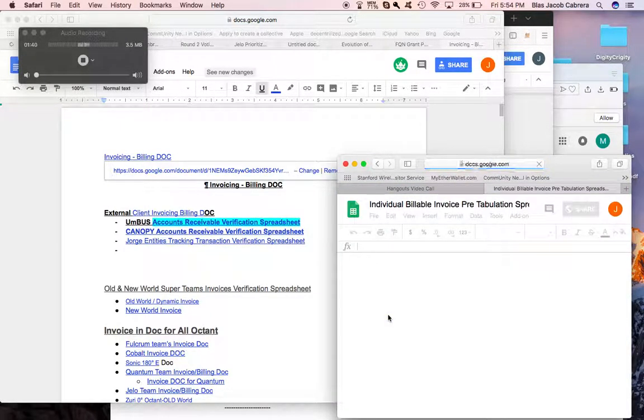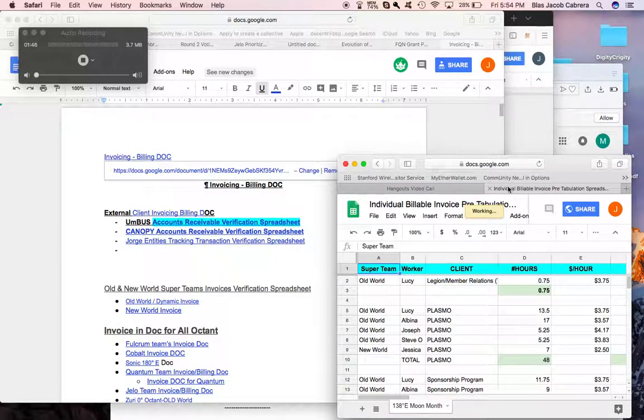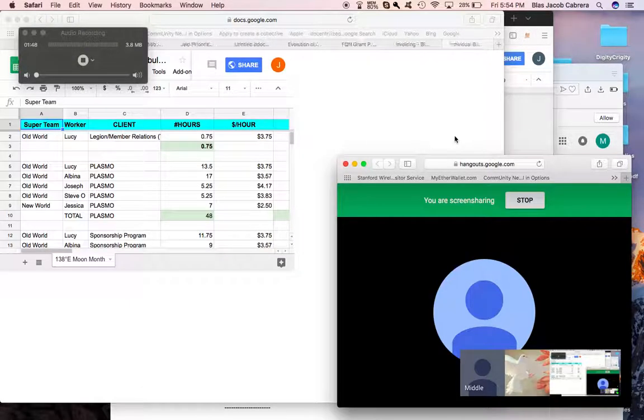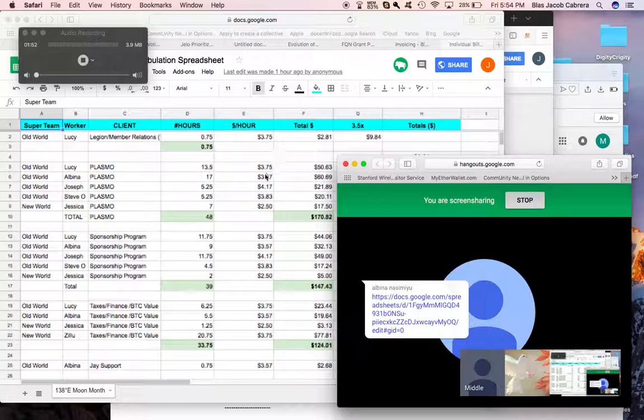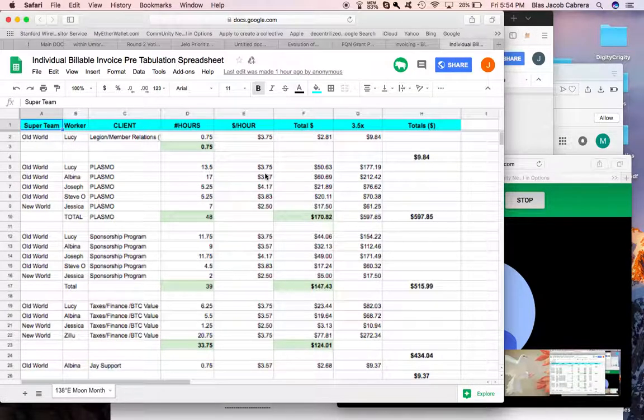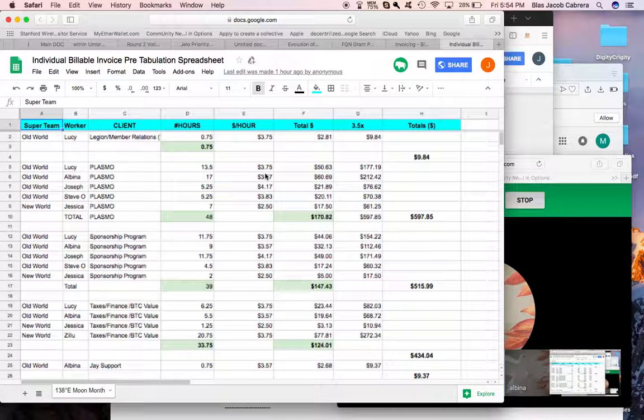So the first three steps seem pretty good. Okay, so